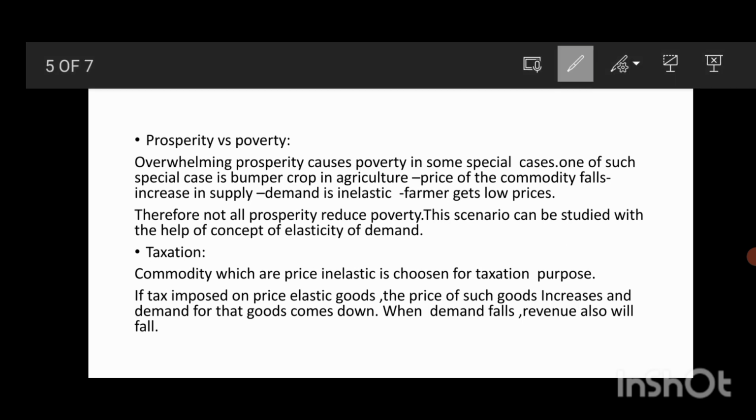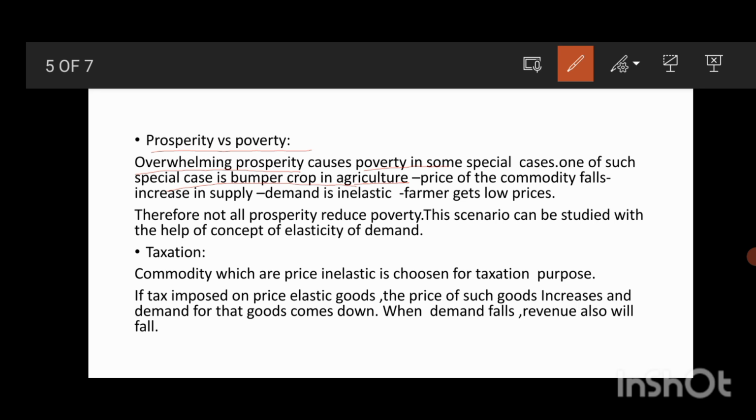Another thing, prosperity versus poverty, is also one of the areas where we are using the elasticity of demand concept. Sometimes overwhelming prosperity causes poverty in some special cases. One such special case is a bumper crop in agriculture. So now there is growth in the agriculture sector. They have produced a lot of